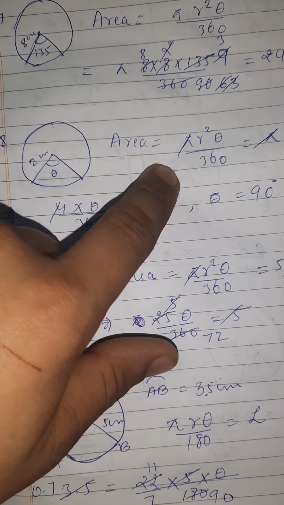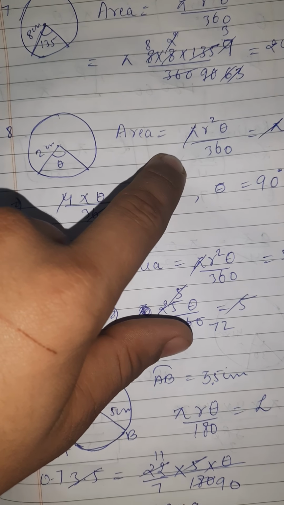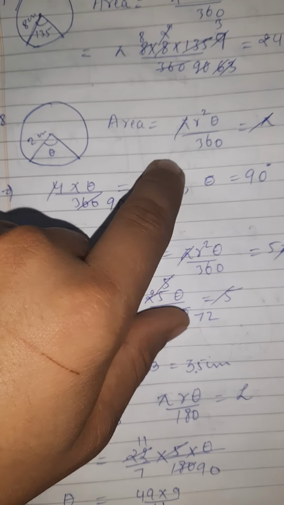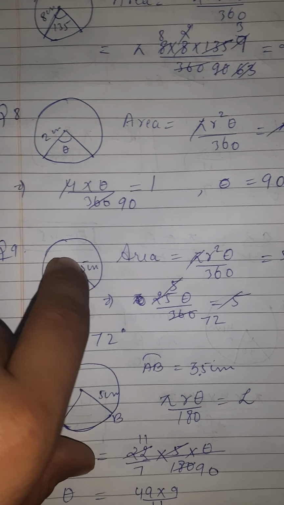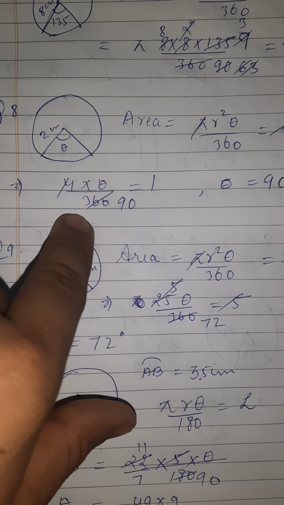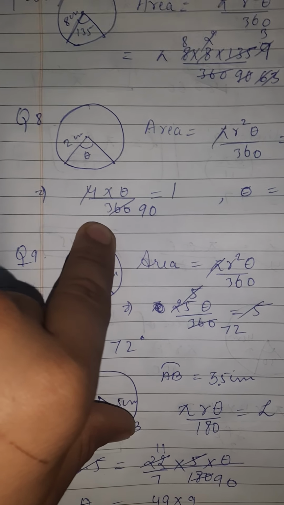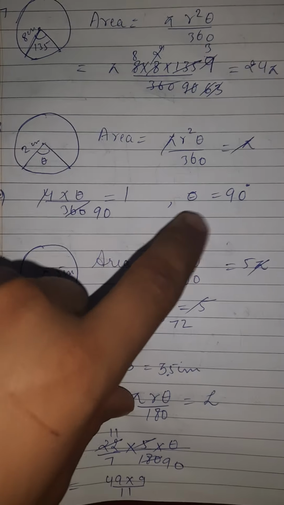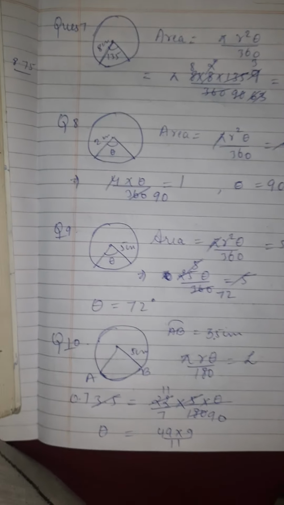We were provided with this area and this radius. So area is, as we know that area of sector is pi r square theta, and we are given the value of this, which is pi. So we can simply equate these two, and by putting the values of r, we only have theta to find out. So by putting the value of r, we can simply find the value of theta, which will come out to be 90 degree. So we are done with this question. Here is the question number 9th.